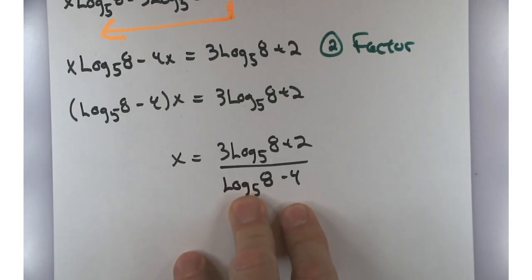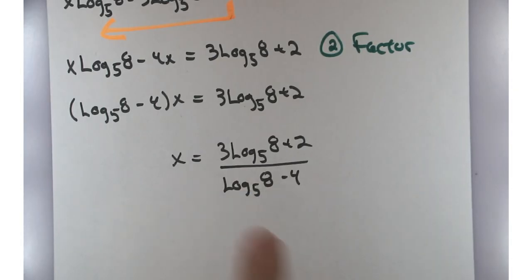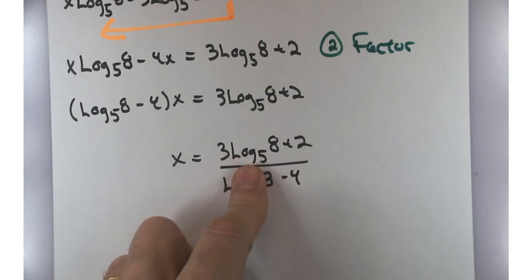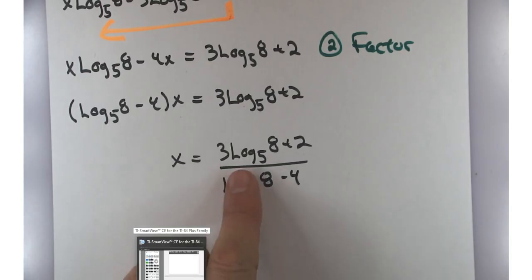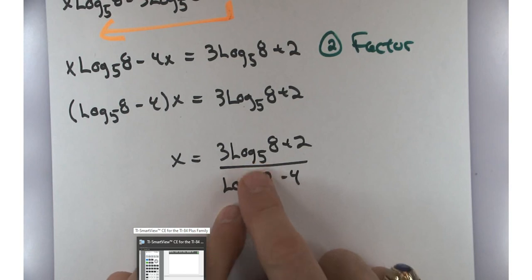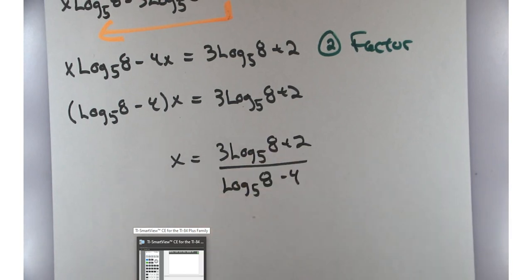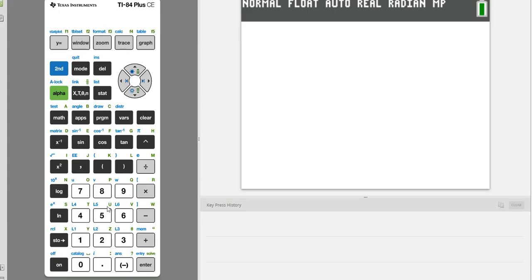Let's take out our calculator. I'm going to show you a couple tricks in coming up with this expression, because it gets a little bit messy here. I won't lie. So we're going to start out by noticing that I have log base 5 of 8 here and here. And so I'm going to start out by just calculating log base 5 of 8 and then storing it in